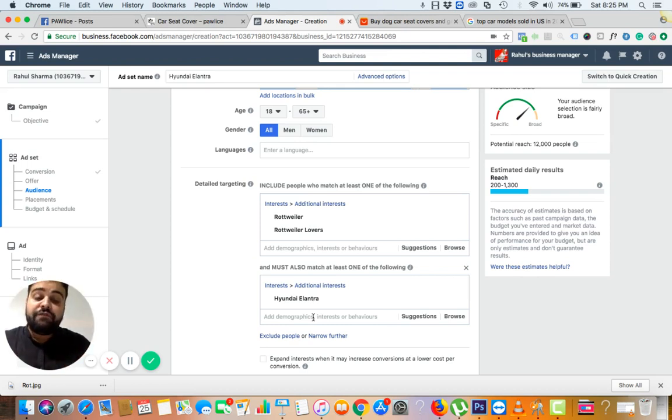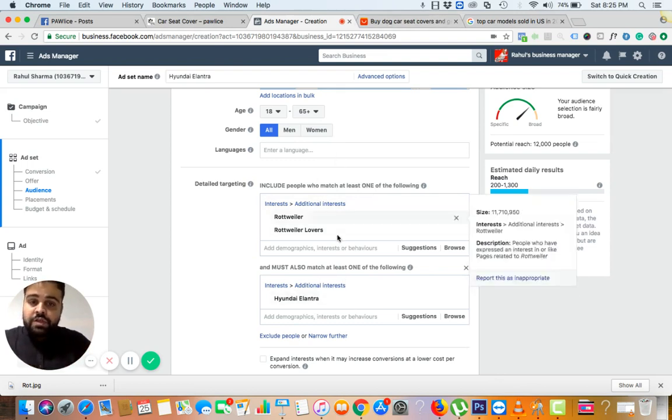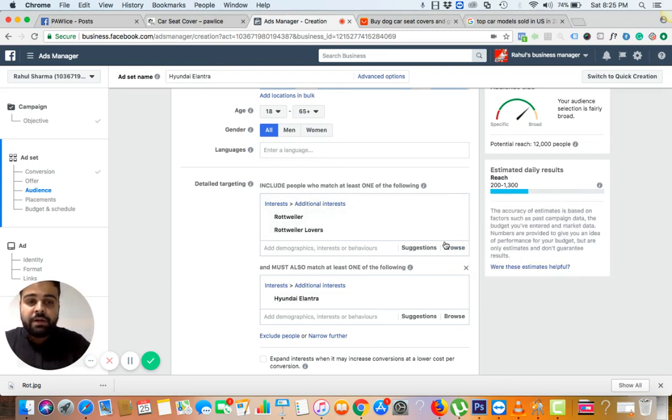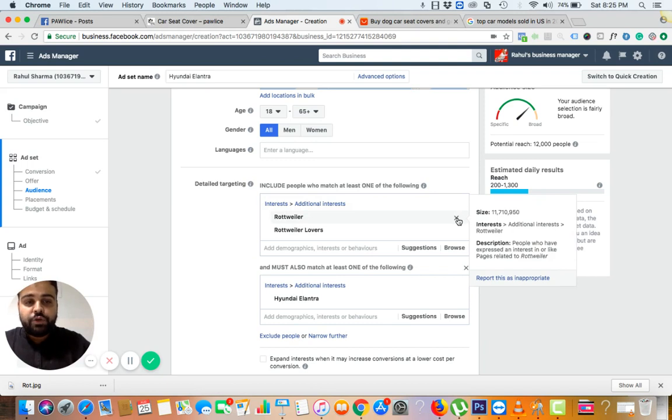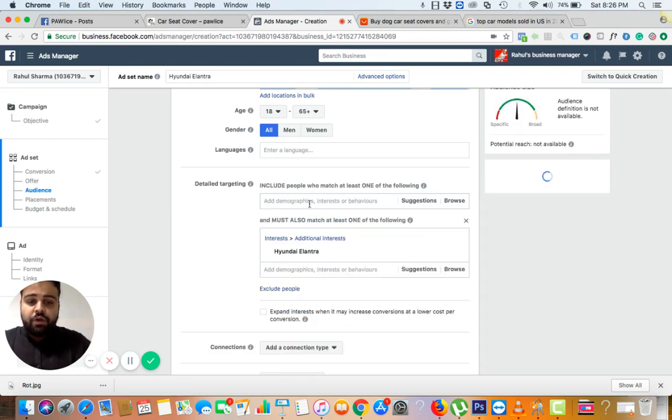And if you have ever done Facebook ads, and if you're aware of the dropship business model or how you can target interests on Facebook, then you can understand the power of hyper targeting, how our specific ad is connecting with the audience of a specific car model, right? So once you've done a specific dog breed, for example this is Rottweiler, then you can duplicate the whole thing. And instead of Rottweiler, you can go with Pug